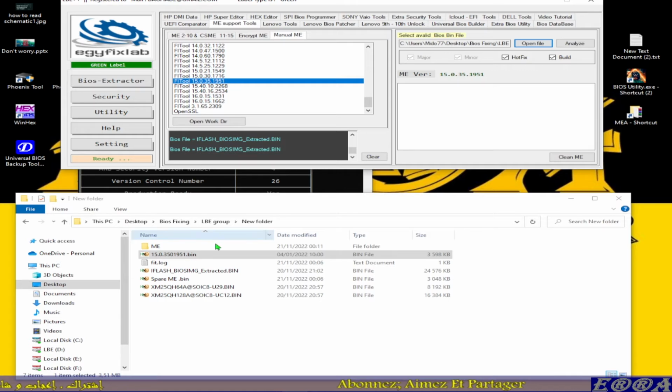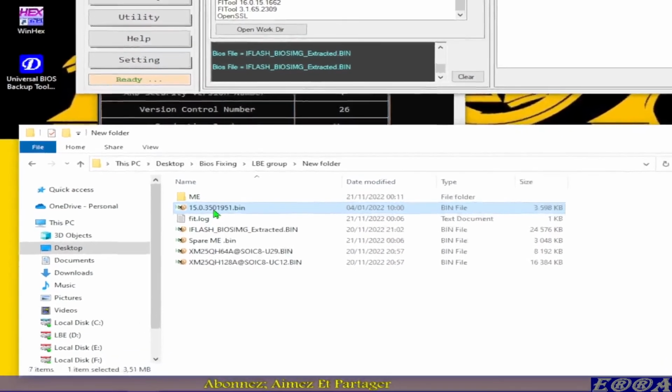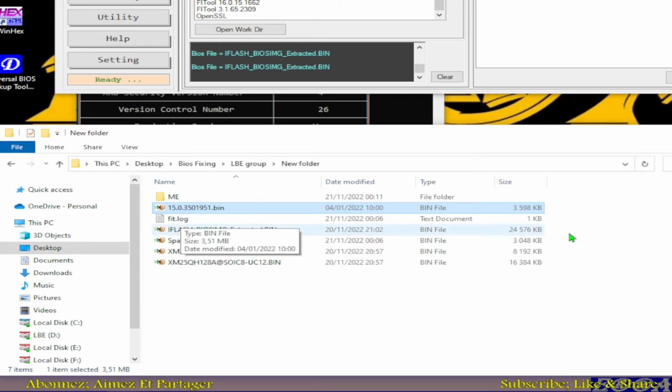Didn't show. Why? Yes, you know why. We have made a mistake in its name, as you can see here. 15.0.35. There's no dot between 35 and, in fact, there's a 0. It should be a dot, not a 0. So this is another reason why the Me file won't show here